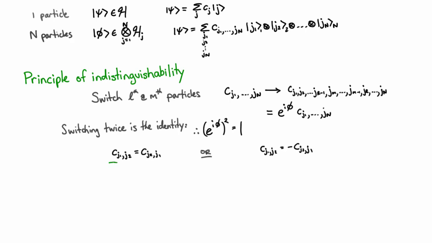Particles that have this symmetric property are called bosons, and particles that have this antisymmetric property are called fermions. And everything in the universe is either a boson or a fermion. Now with luck you've heard these terms before. For example, in high school chemistry you were probably told that two electrons can't be in exactly the same state as each other because of the Pauli blocking principle. Now the reason for that is that electrons are fermions.